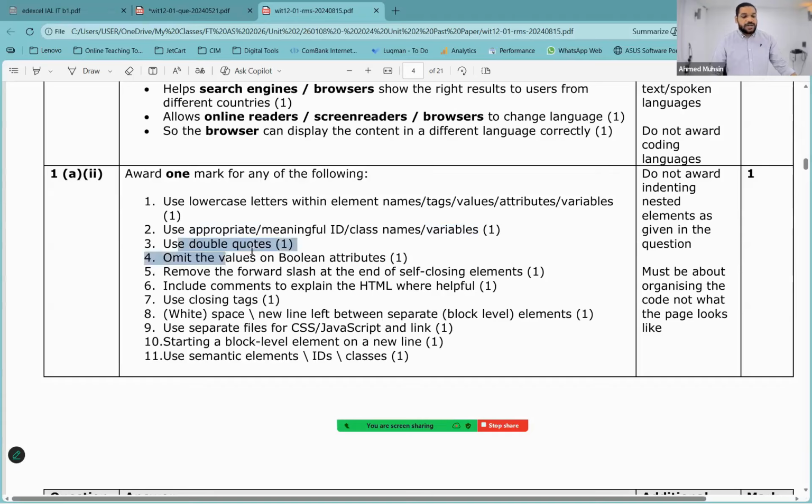Anyway, use double quotes instead of single quotes, okay? Omit the values on boolean attributes. You know what this means? When we put the video tag, for example, and we want the controls, you can say controls equal yes. You can say that, or you can just say